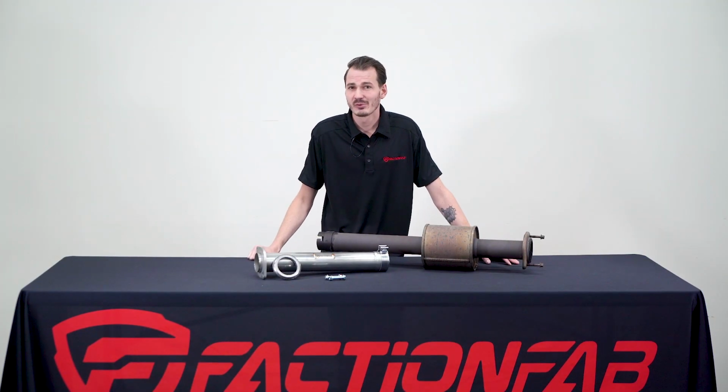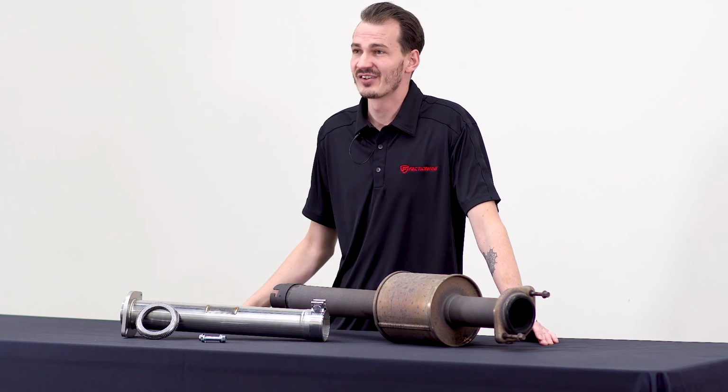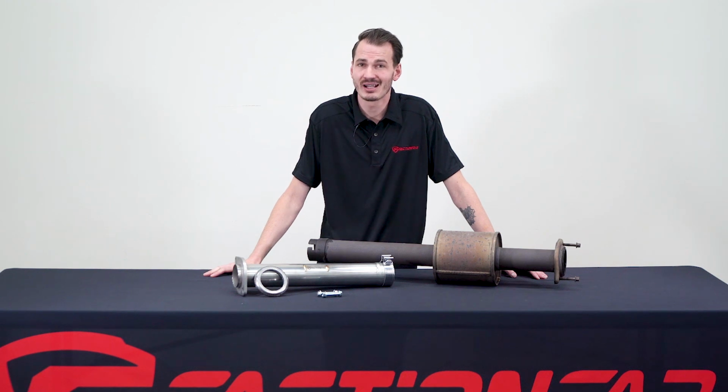Over here at FactionFab, we really enjoy just about anything with a motor, but we really enjoy it a whole lot more with a nice exhaust sound. And the F-150 is no exception. The stock exhaust on these, well, leaves something to be desired, and tame is a little bit of an understatement. And installing a full exhaust kit, especially a quality kit, can take a big chunk out of your wallet and